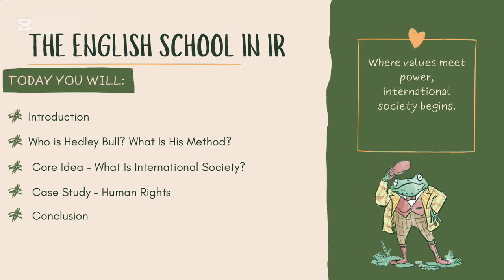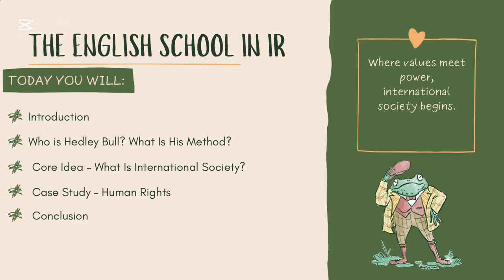Today we will talk about the English school in IR. Who is Hedley Bull and what's his methodology? And also, what's the international society? Also the case study like human rights. And we will make a conclusion and we will partly understand the English school in IR. Where values meet power, international society begins. Who is Hedley Bull? Let's start with